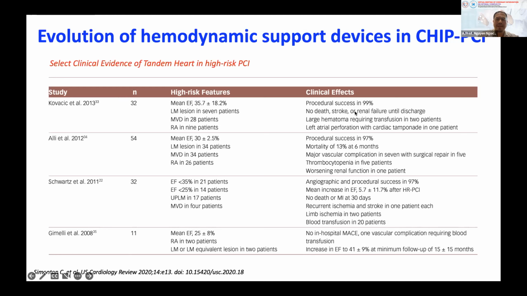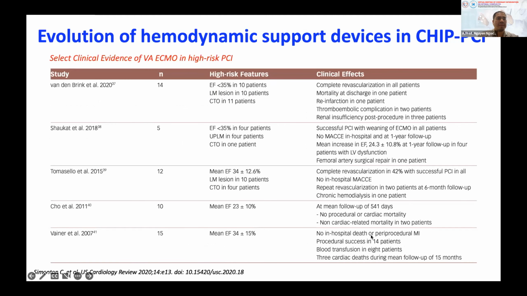But however, the procedure success is sky high. And you can see here, it can get quite complications due to the large hematoma, limb ischemia. We didn't see very much difference in terms of MACE. Another thing is clinical evidence for ECMO for high-risk PCI. So you can see here for high risk, the number of patients is also very low. Sometimes there is no difference in terms of procedure and cardiac mortality, and non-cardiac related mortalities in